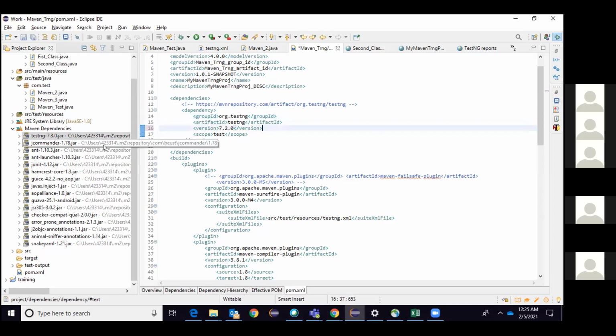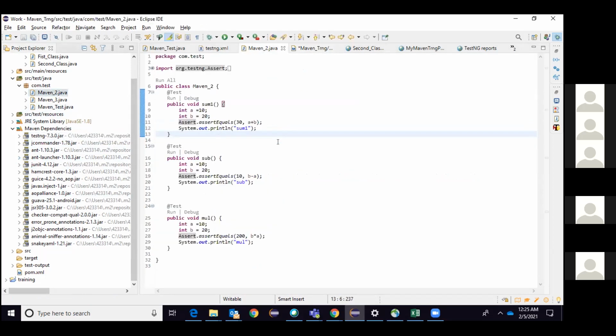Now, for example, Shashi, I will show you this one. You can remember this org.testng, right? Now I go here. If you see here, org.testng.set. So this is the package basically. Normally I have used the package com.test.